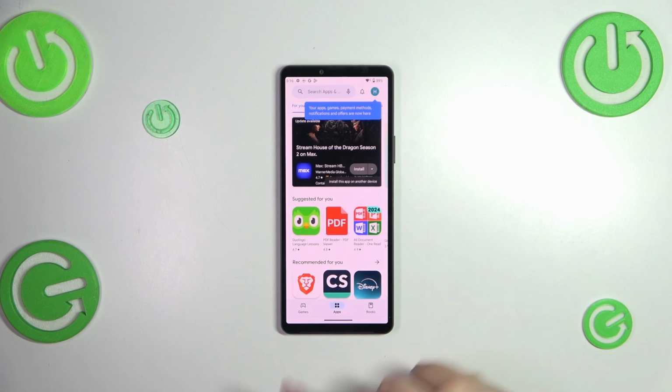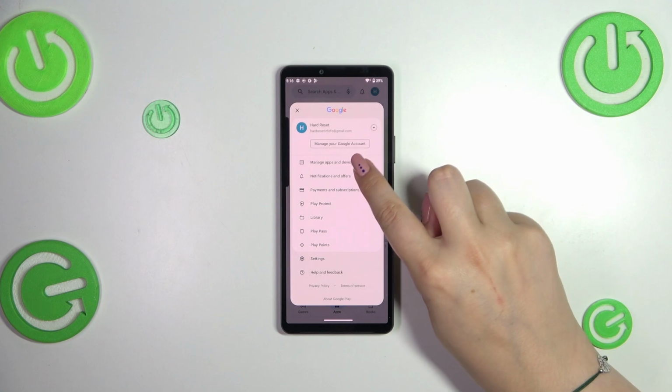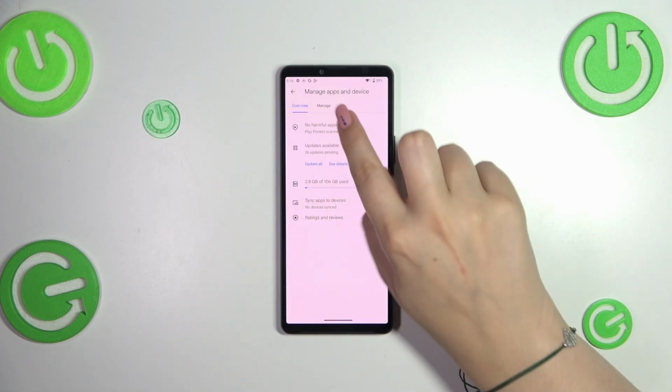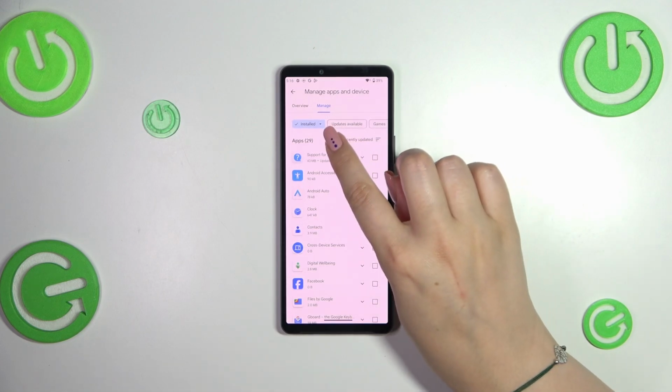So after that, all we have to do is to enter this circle in the right upper corner, which is your account basically, and tap on Manage Apps and Device. Now let's enter Manage. And here we've got the list of all installed apps, so let's tap on Updates Available